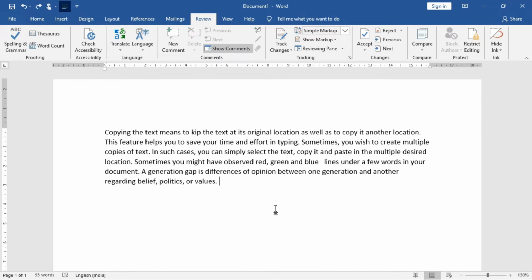So students, myself Shantanu sir again explaining to you the thesaurus. What is actually a thesaurus? The thesaurus is an inbuilt dictionary that enables you to look up synonyms, antonyms, word substitutes, and alternative spellings. This feature increases your writing abilities and vocabulary and helps you to better understand the text.